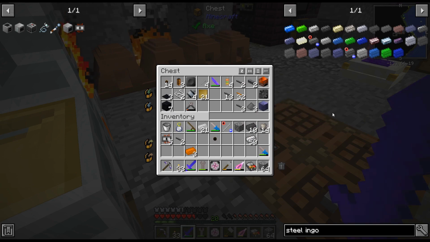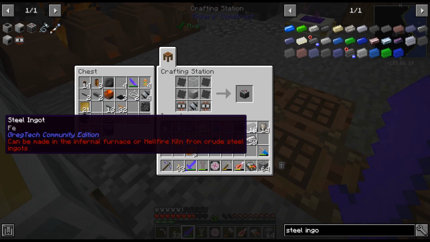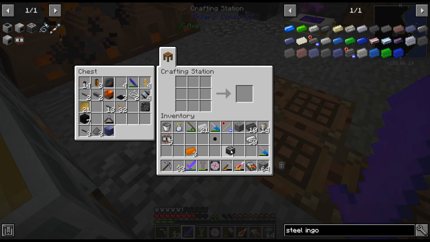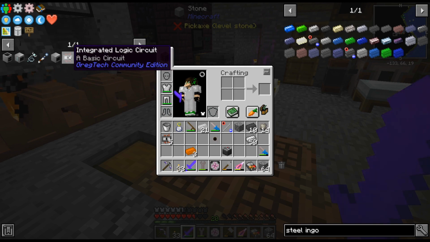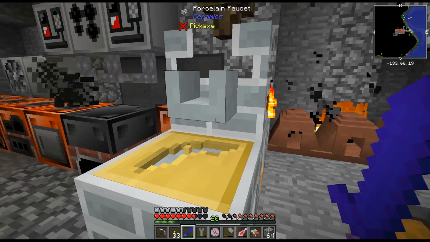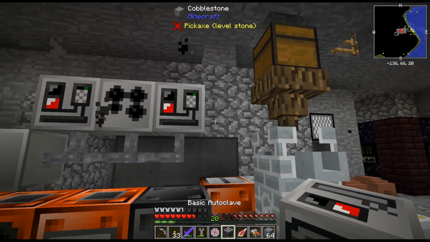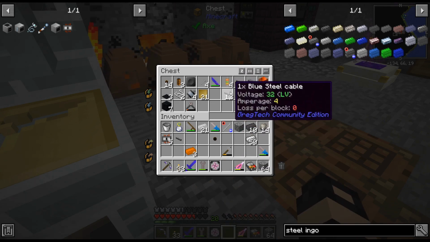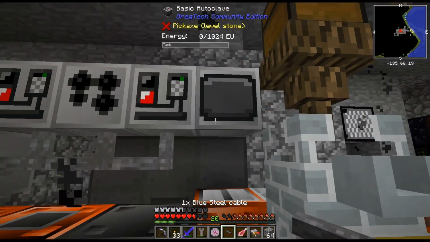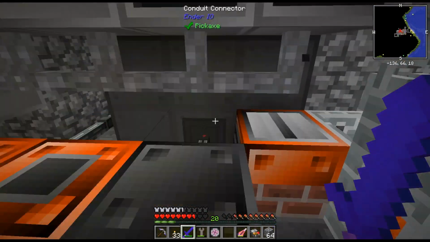And I think this is it. Yes, LV machine hull. There we go. There is the basic autoclave. That off. I'll probably need that up there. I'll leave that there. All right, so basic autoclave. I'm gonna throw that there. Let me grab a blue steel cable. That's not gonna work, is it? That's blocking my